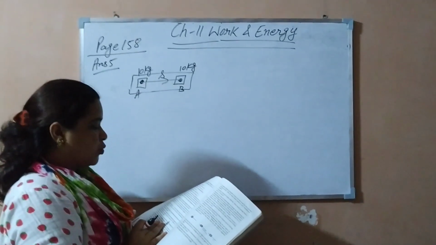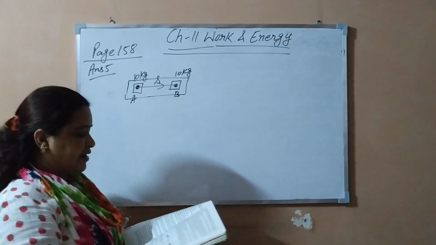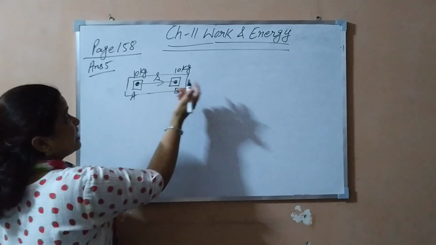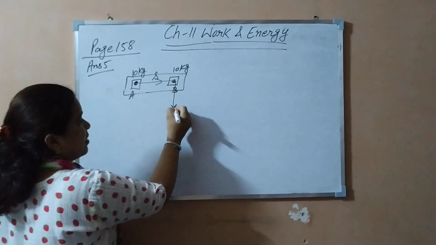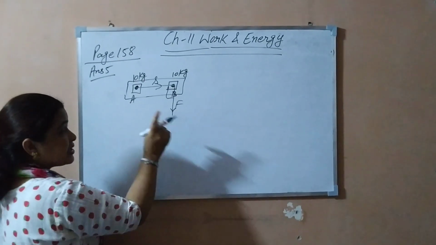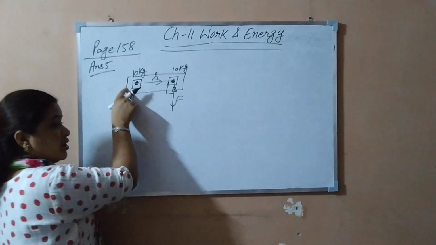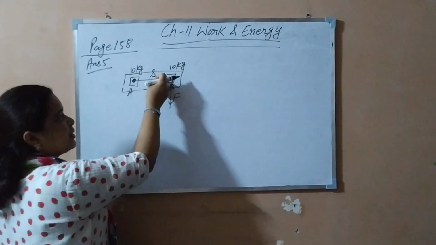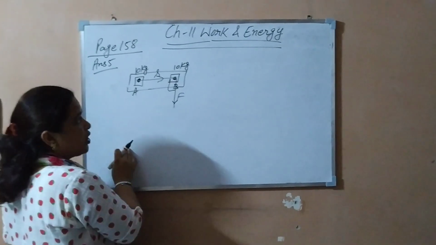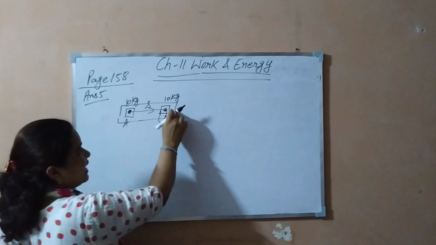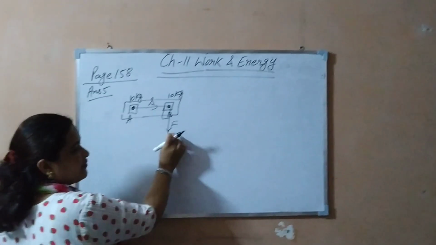What is given after that? What is the work done on the object by the gravitational force? He is asking for the amount of work done by the gravitational force. He is not asking for the work done by you. If he asked for the work done by you, then you should know the force value, multiply it by the displacement, and you will get the work done. But he is asking about the gravitational force acting on this object.